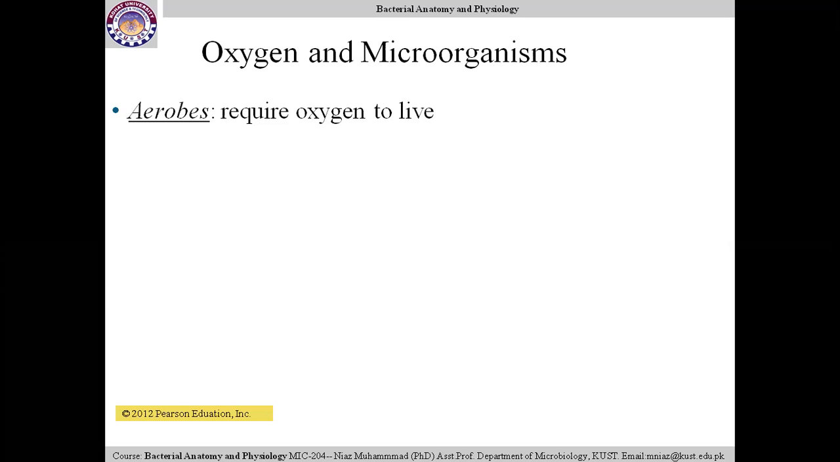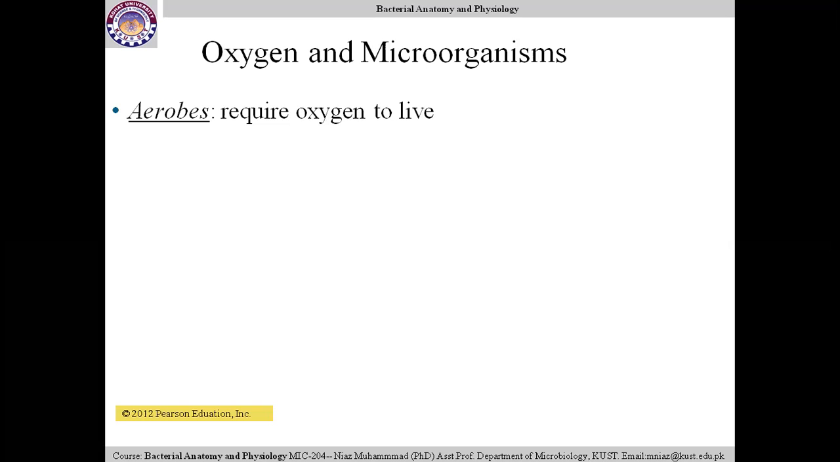In another way, we can say that aerobic microorganisms are those microorganisms which have the ability to grow in the presence of oxygen. If oxygen is removed, they cannot grow, they cannot live. So the group of microorganisms which grow in the presence of oxygen are called aerobic microorganisms. We can say these are the microorganisms present on the surface of the planet where oxygen is present. Mostly microorganisms are aerobic because